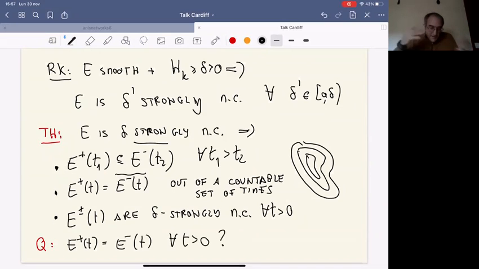It's maybe not so relevant, but essentially it says that you never have jumps of your function u. In any case, for almost every time, the function u of t is